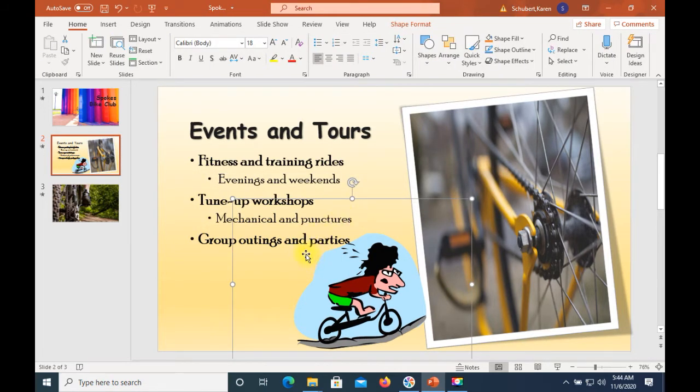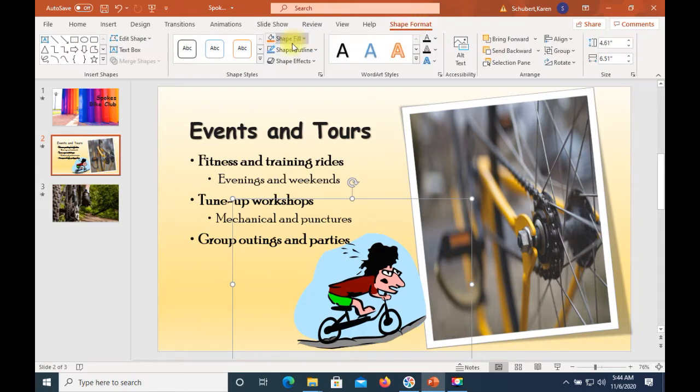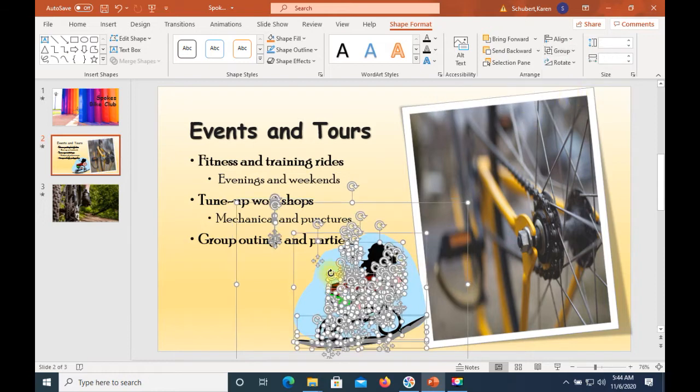Then select the drawing object again. You see now we have a Shape Format tab instead. Click it to get the right ribbon, and from the Arrange group, click on Group and select Ungroup. Of course, you cannot work with this. These are the individual components of this drawing object. So press escape,